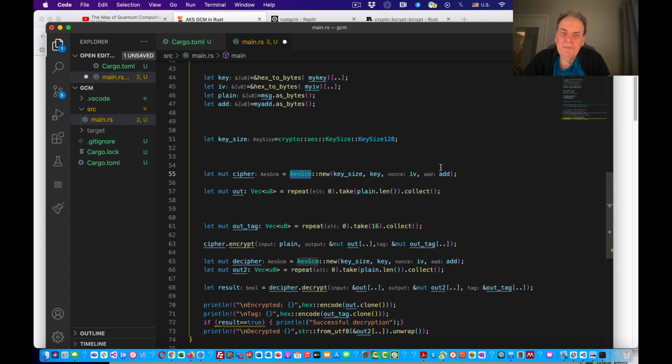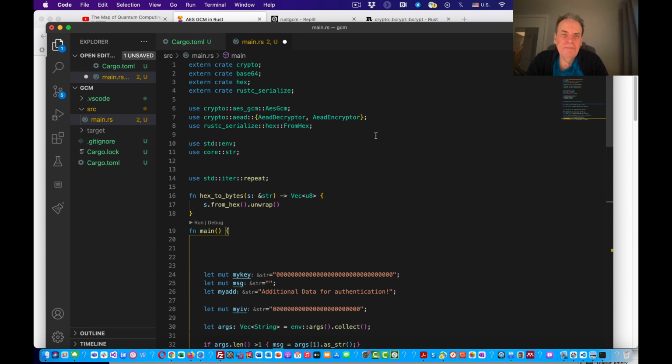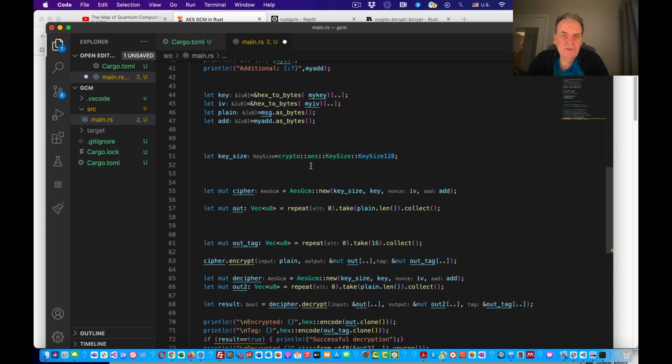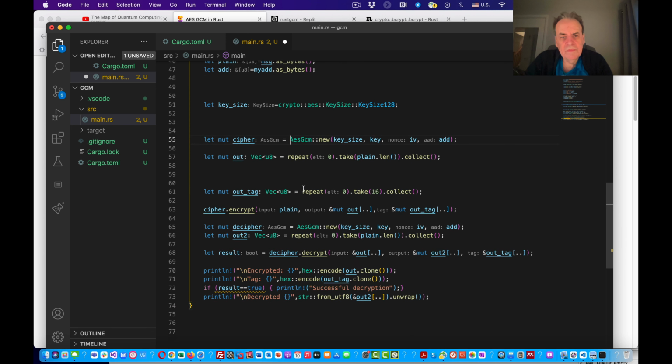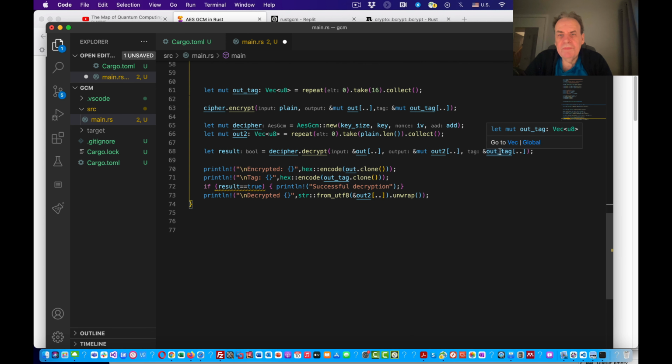If we needed to, we could put in the full path there, and if we wanted we could do it like that, but it's going to look a little bit messy. That would be the same as what we have, but because we've added a use at the top, it knows automatically to take it in from that crate. Okay, so that's an outline of it, and you'll find that if we have syntax errors, then Rust and the environment will actually help us to debug those.